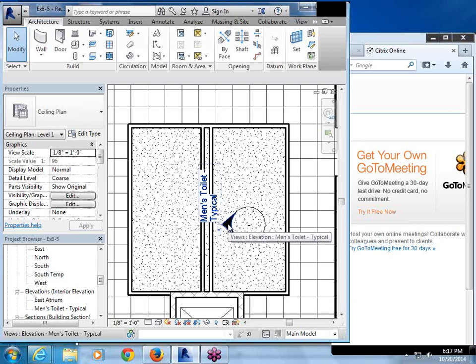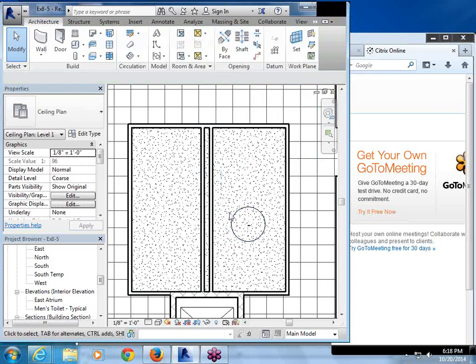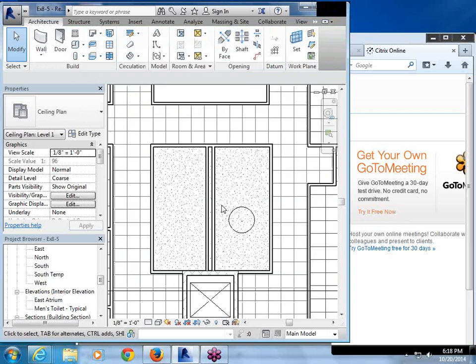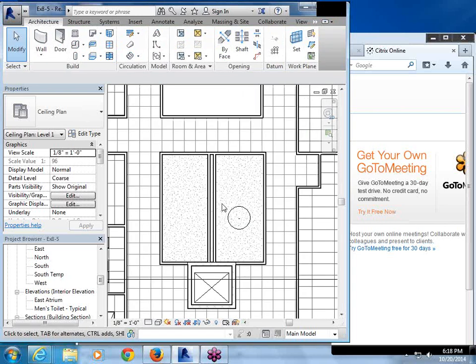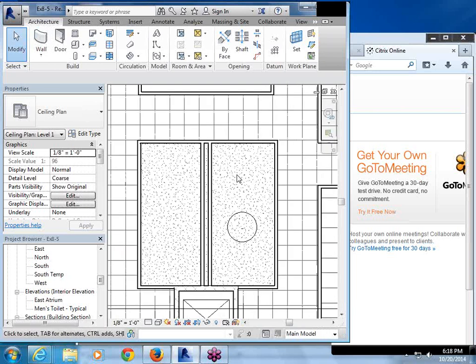Oh, let's hide this. They did say to hide this. To do this, you would right-click to hide that, which I don't know why you'd want to, but they go to right-click and put in hide in view elements so that that's no longer there. And then delete the ceiling in the men's toilet room. Place a new ceiling. So I think a better solution would be to modify the existing ceiling, but it's